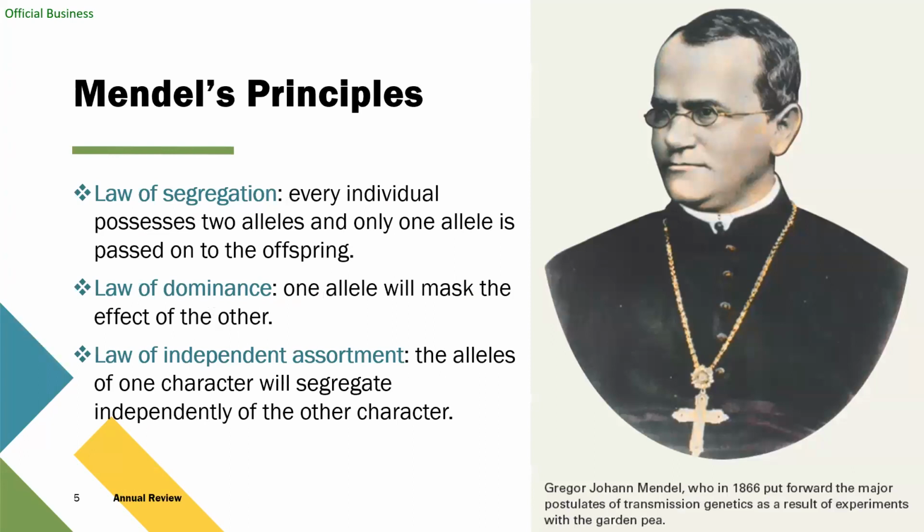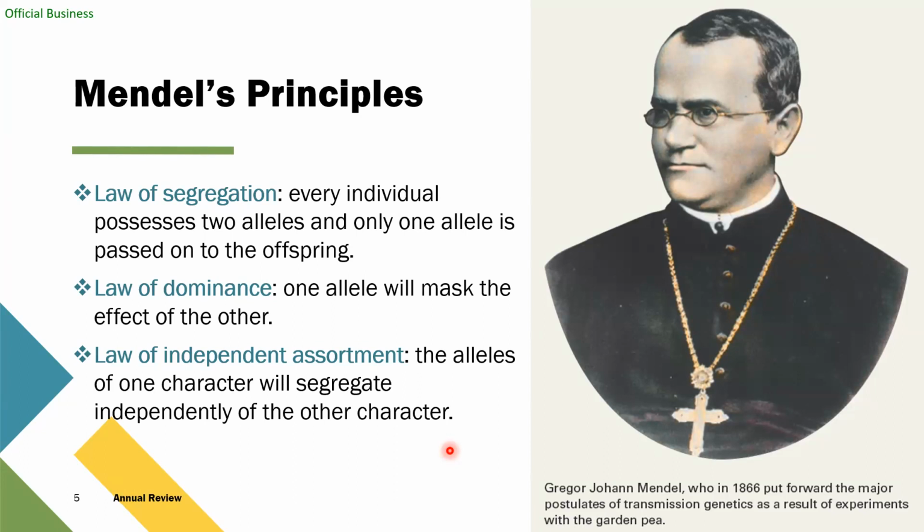We have Mendel. This is Gregor Johann Mendel. He was a monk. Around the 1860s, centers of learning were often centered around the church. Mendel, during his work cultivating garden peas, was working with plants, so the genetics of plants. He was crossing different varieties of garden peas. He established what is regarded as laws, but really three basic principles.